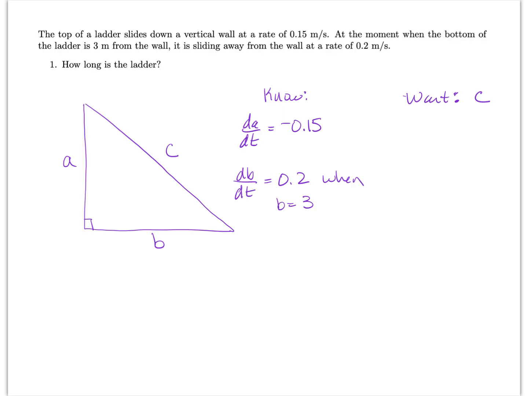Okay, so I've got some stuff I know. I know some stuff about A and B, and I want to know something about C. So I could use the Pythagorean theorem. My relationship between all these variables will be a squared plus b squared equals c squared. And I want to introduce some rates because the things I know about are rates. So I'm going to take d/dt of both sides, and I get 2a times dA/dt plus 2b times dB/dt